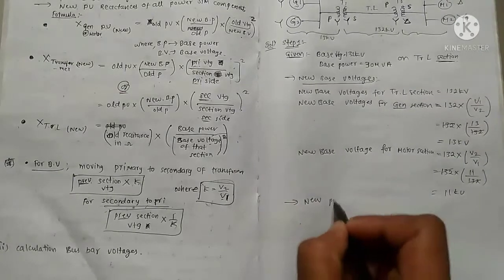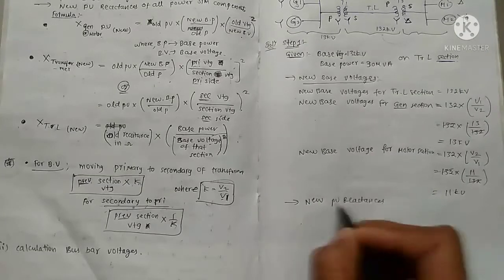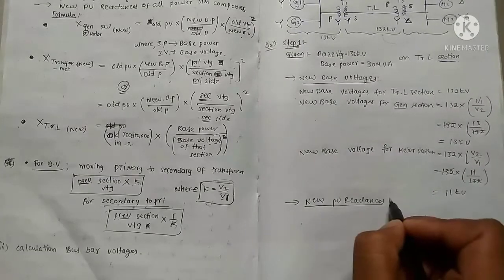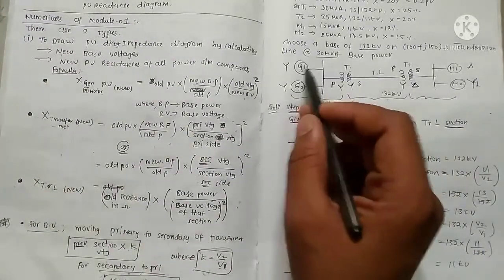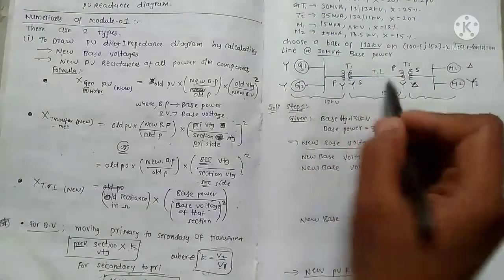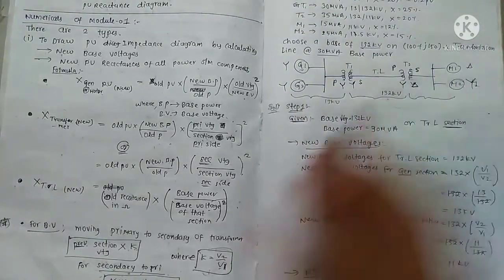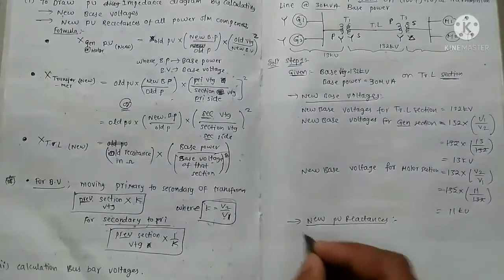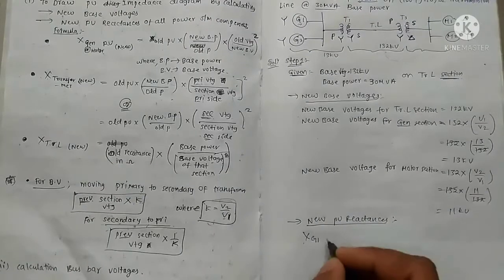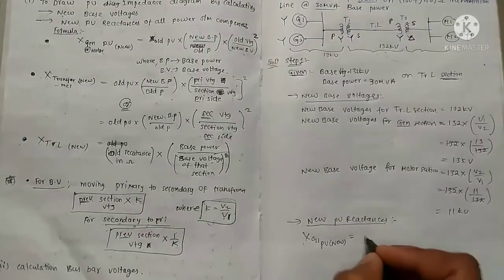Now we need to calculate the new PU reactances of all the components. There are G1, G2, the T1 transformer, transmission line, T2 transformer, and M1, M2. First we'll calculate X G1 new. X G1 per unit new is equal to the old pu,